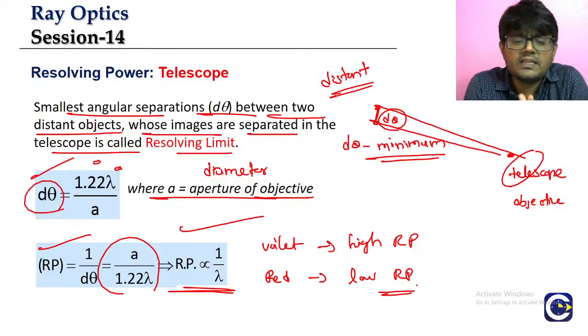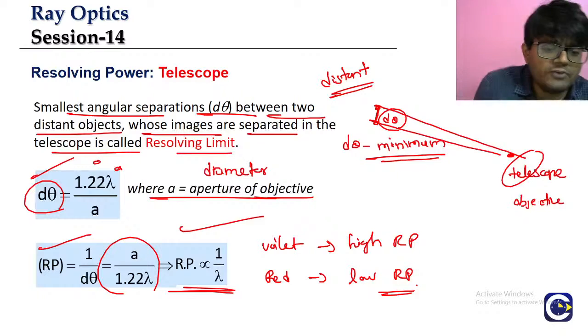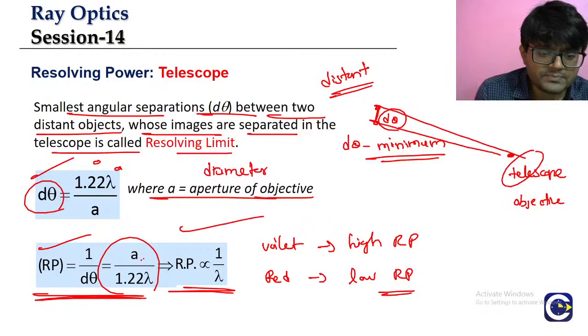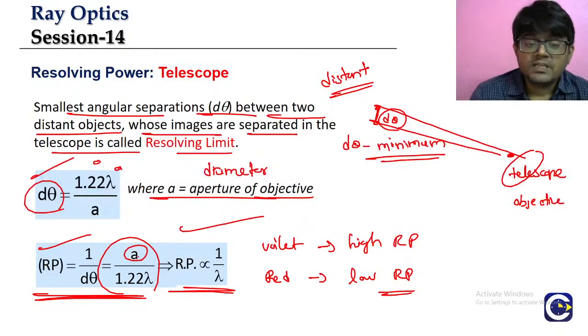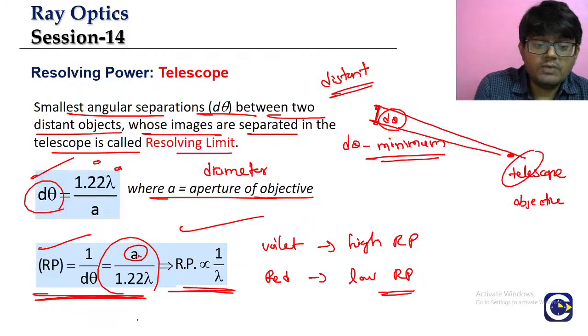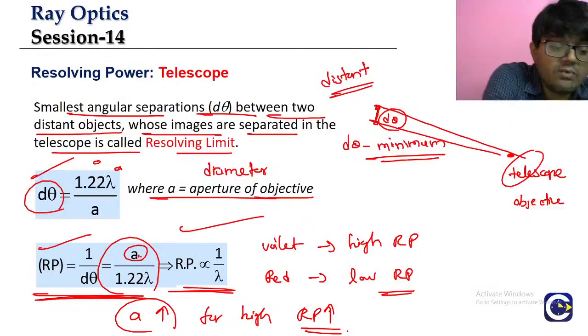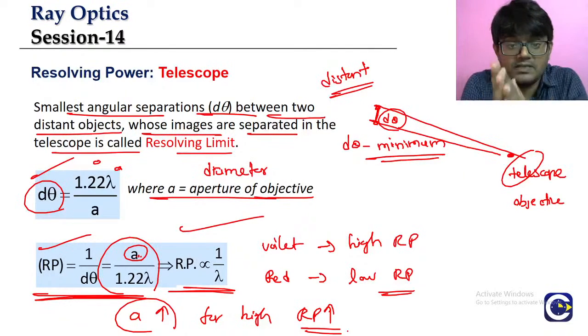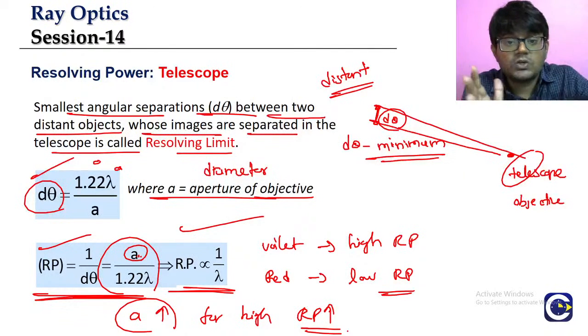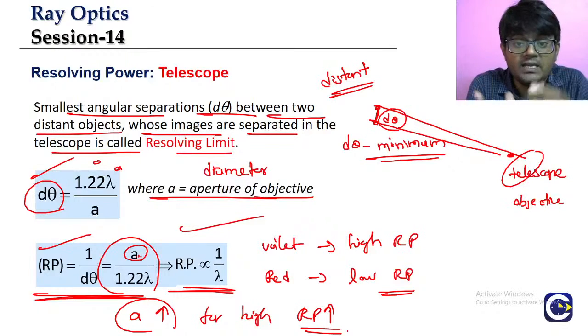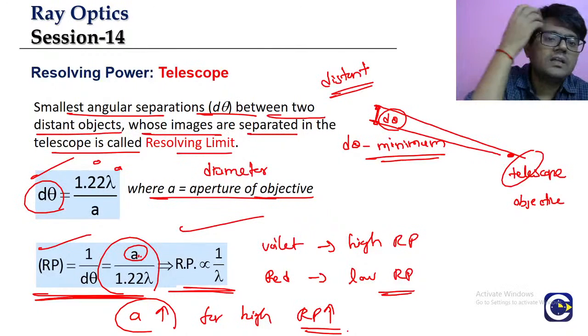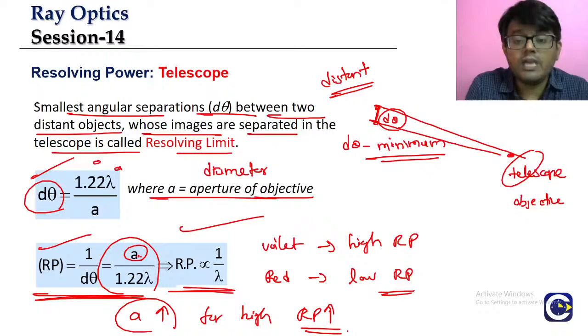And here one thing that we can quickly look at is, if you want to have a high resolving power, the aperture of the objective should be high. So already we gave one reason why we should have a high aperture for the objective. One is that you can capture more light rays and the image formation will be brighter. Second thing is, if we have a larger aperture for the objective, we will be able to have a high